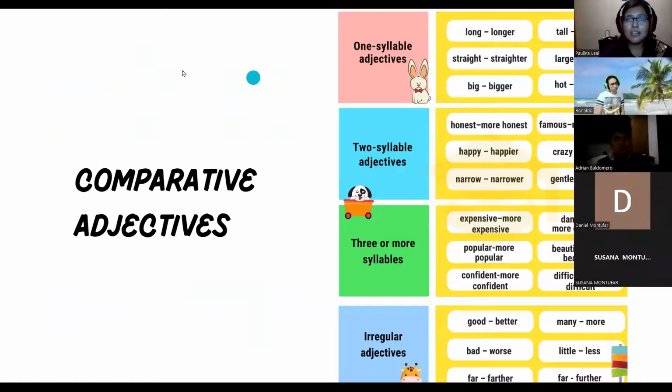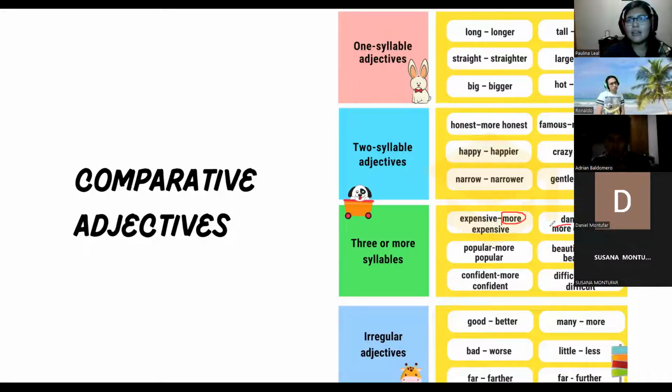If I have a very long word, that's when I'm going to use the word more. Si mi palabra sí es muy larga, ahí yo no le puedo meter una sílaba extra, porque si de por sí mi palabra ya es larga, ¿cómo la voy a alargar más? Se oye raro y se oye mal, y es difícil de pronunciar. Entonces, en lugar de agregarle ese -er que yo le agrego a las palabras cortas, lo que voy a hacer es que le voy a agregar la palabra more,